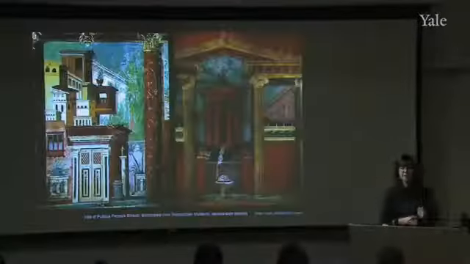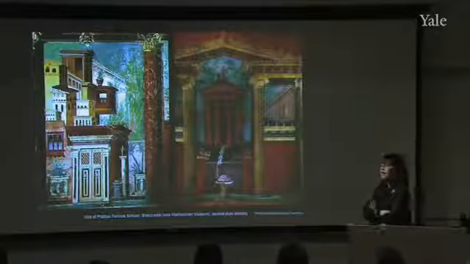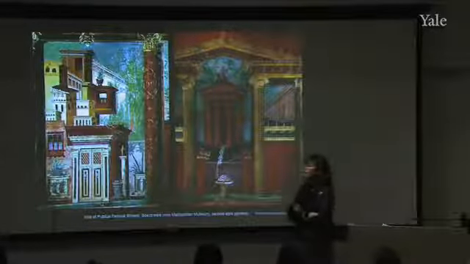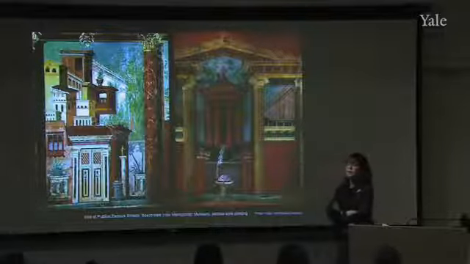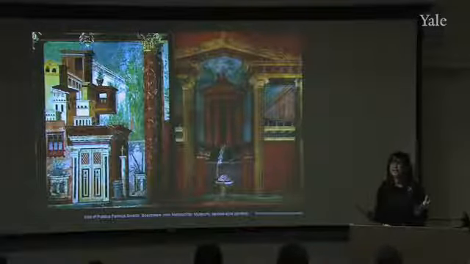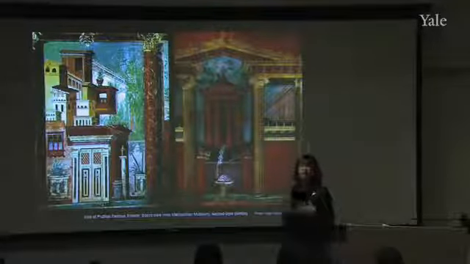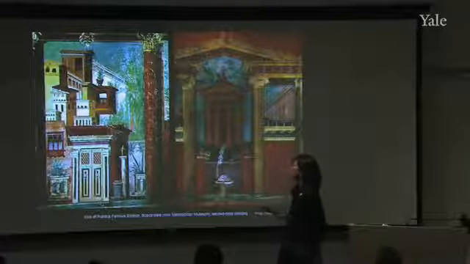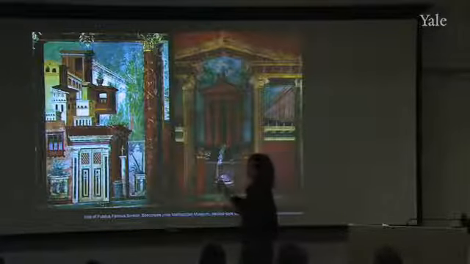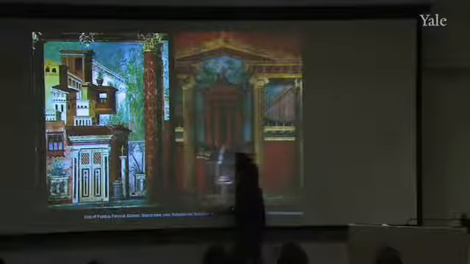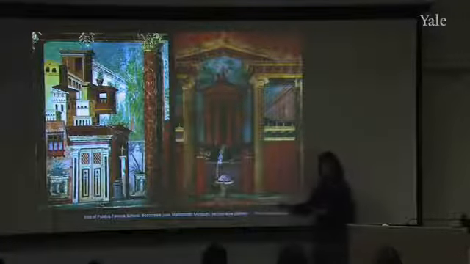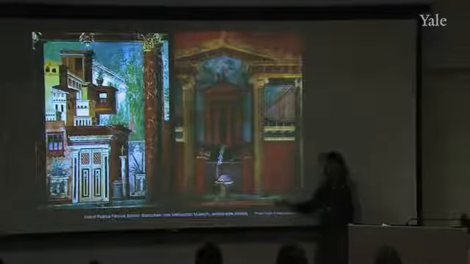I mentioned at the beginning we'll spend a fair amount of time, a few lectures on Roman painting, and the reason that I do that is because it's absolutely gorgeous and it's fascinating. But it also allows us to get a better understanding of interior decoration among the Romans, how they decorated their walls, but also because, as you can see from this one example from Boscoreale, now in the Metropolitan Museum, the famous Met Cubiculum,